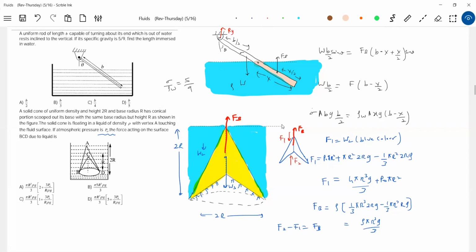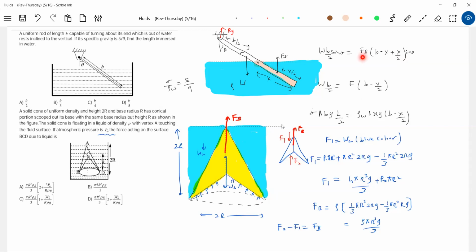That's why we are unable to equate the forces. We can't write W equal to FB here. Reaction force will come into picture at the inch. So therefore, I'll go for torque. Torque about the inch. So the torque by the weight and torque due to buoyancy will be equal and opposite. Then I'll get it.